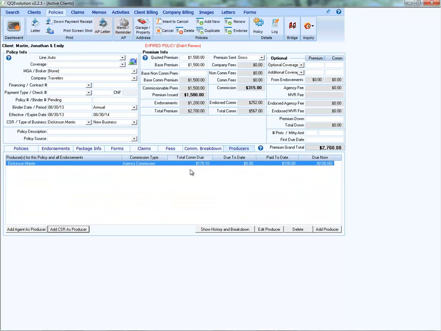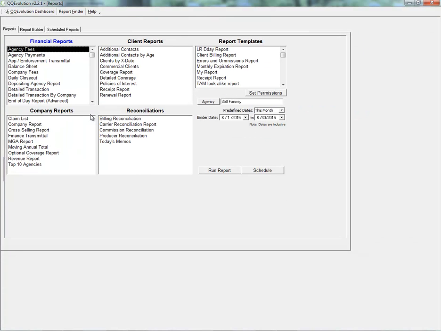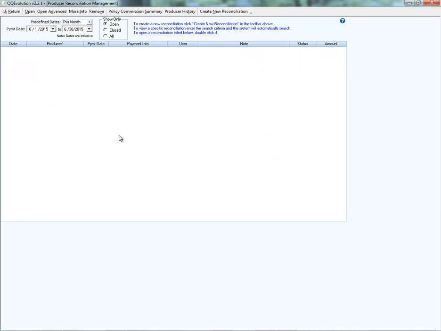when it comes to our producer, we can see the amount that we have been paid to date. Once we have voided the amount the agency received, the due amount is back to zero. So we're not going to show what we owe our producers until we show the agency has collected its portion of the commission. But if I need to void this amount out, I don't have the ability to void the payment to the producer. I would actually have to go into the reconciliation for the producer and enter the negative amount to offset the error, just like we did on the agency. So with the agency commission, you do have the ability to void that transaction. Unfortunately, with the producer commission, you would not have the ability to void the transaction,